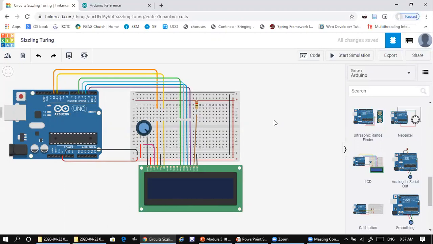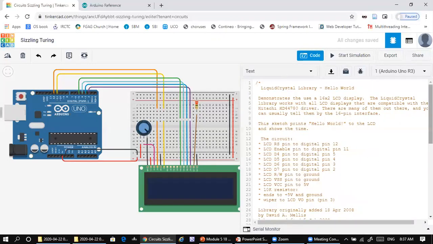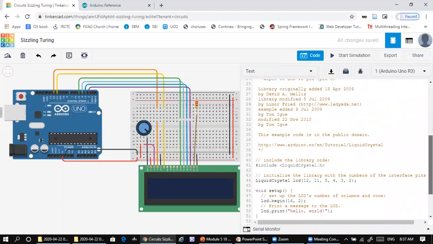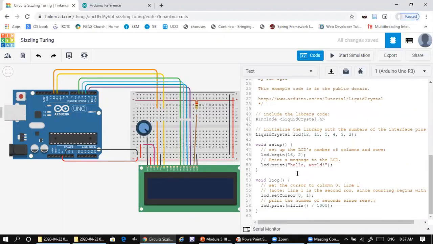Let us see the code here. I have given a code which specifies hello world. I'll change it to my name so that it can be displayed here. It will also show the number of seconds passed by.